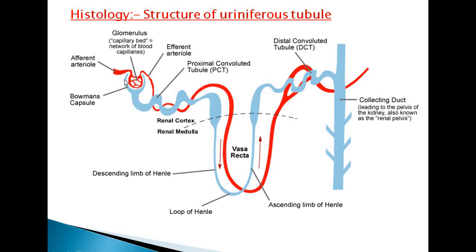The renal corpuscle consists of the cup-shaped Bowman's capsule and the glomerulus. These are the parts of the Malpighian or renal corpuscle. The renal tubule consists of the proximal convoluted tubule, the loop of Henle with its ascending limb and descending limb, and the distal convoluted tubule. These are the parts of a nephron which act as the secretory part. The renal corpuscle is mainly for the filtration of substances from the plasma, and the glomerulus is nothing but a tuft of capillaries, again for filtration. The renal tubule is mainly for the selective resorption of substances from the glomerular filtrate.